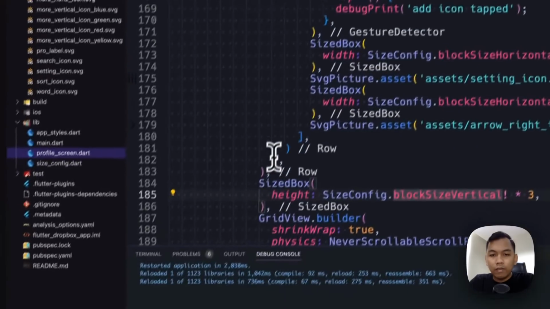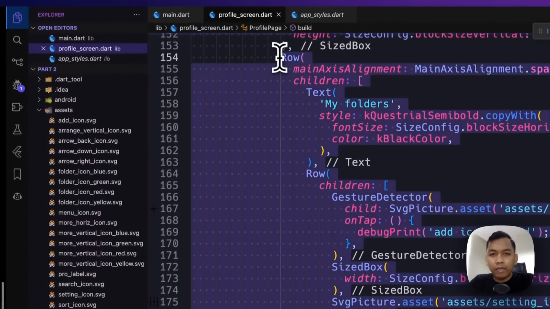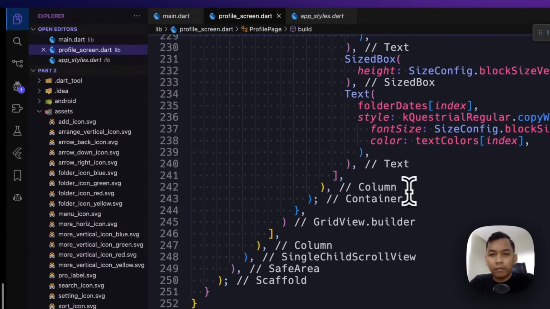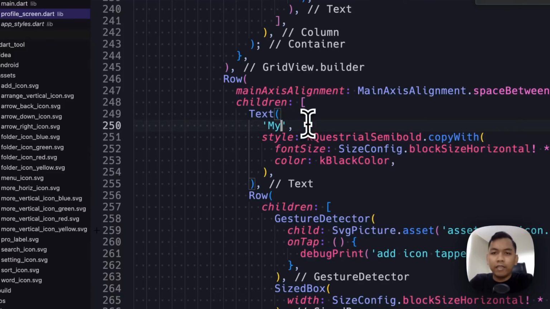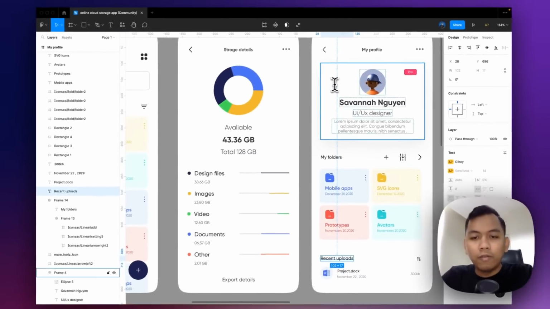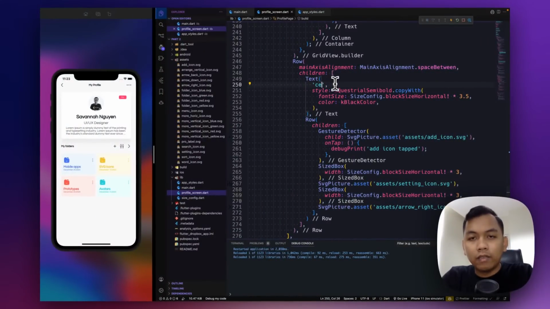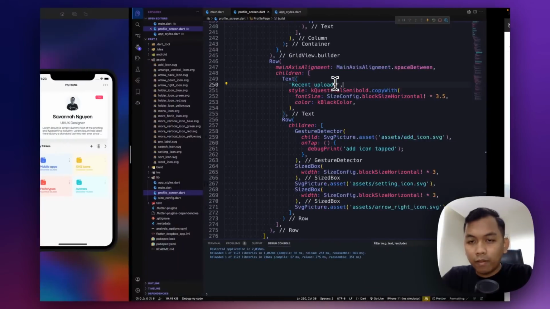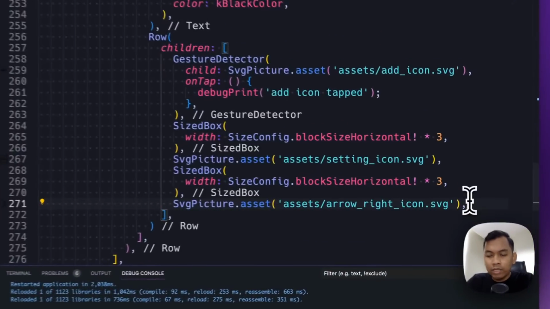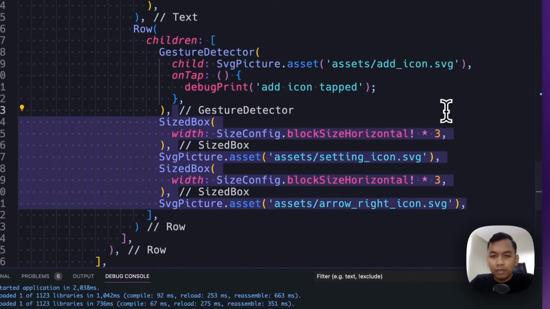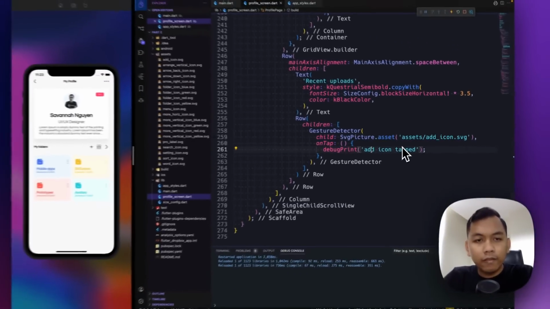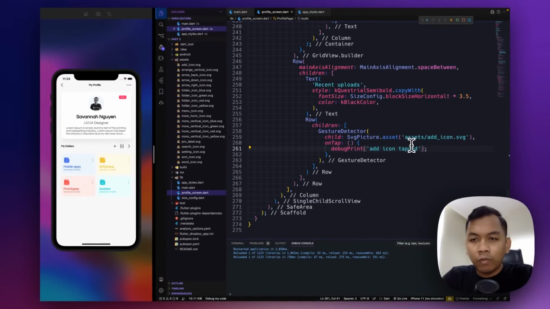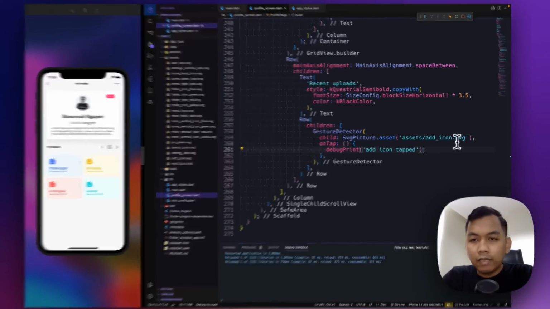So the fastest way, we can just copy this row and paste here, and we need to change this into recent uploads with S. And inside this, we just need 1, and we need to say what this icon name.